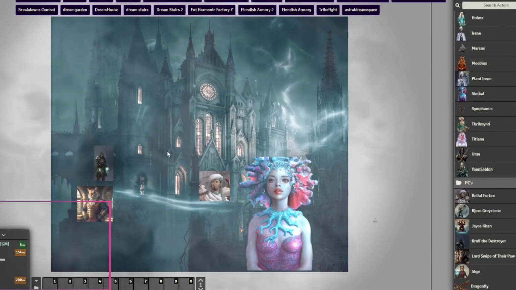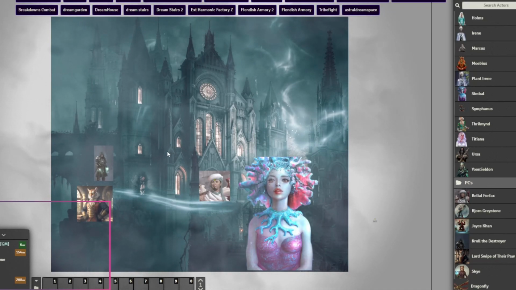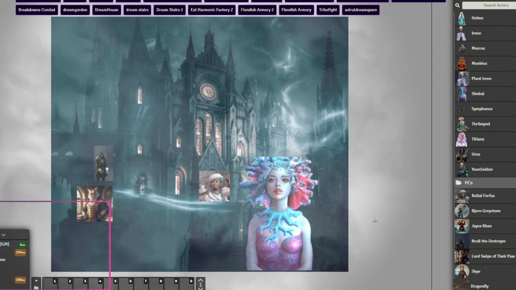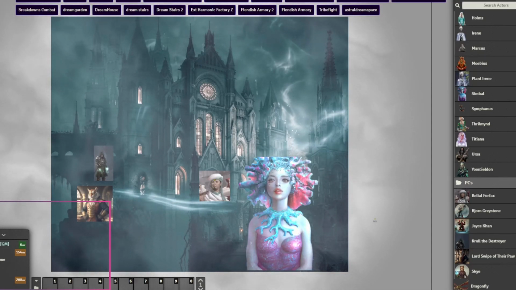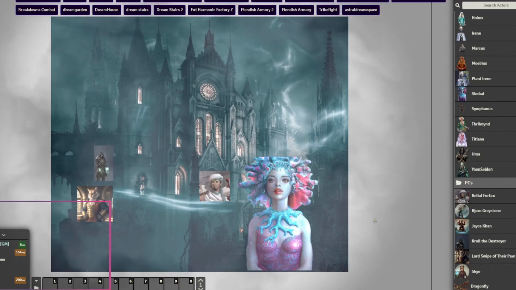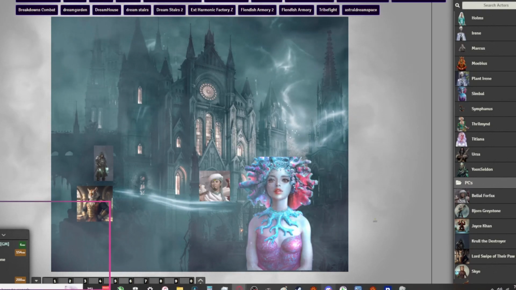And Krull, who is your character and what do they look like? Well, Krull, he's a very secretive and oddly character wrapped in shadows. He's wrapped in a cloak, and he seems oddly not to have anything on him.